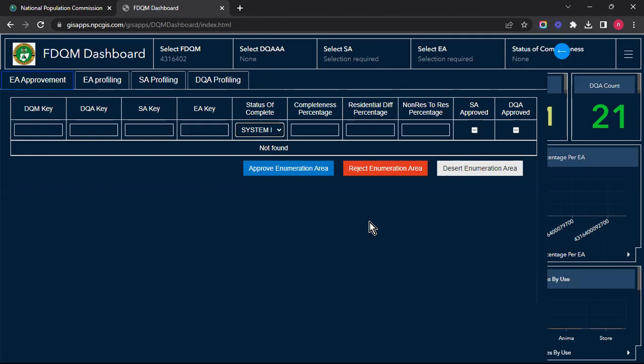I do. In other words, all those EAs that have been rejected have to be listed, as in their EA IDs will be listed. And from the EA IDs, you can now know who the data quality assurance is. Yes, like, every day, once you've clicked rejected, you can always come down to the status of complete and select FDQM flagged. And once you click FDQM flag, it should, okay, there is no flag here, but just like, for instance,